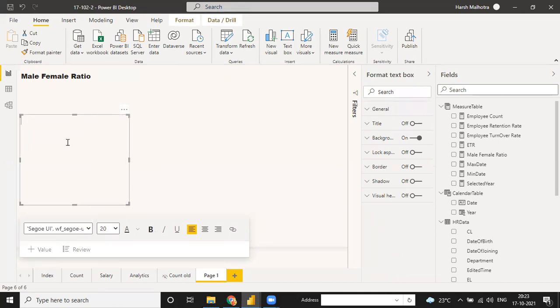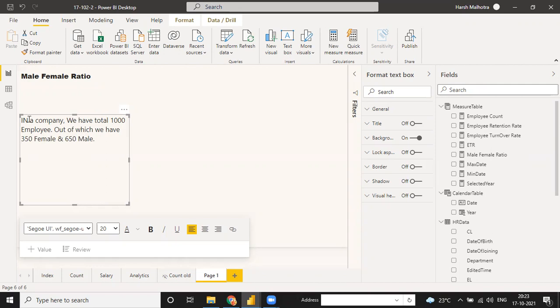Okay, so suppose in a company we have a total of 1000 employees, out of which we have 350 female and 650 male.